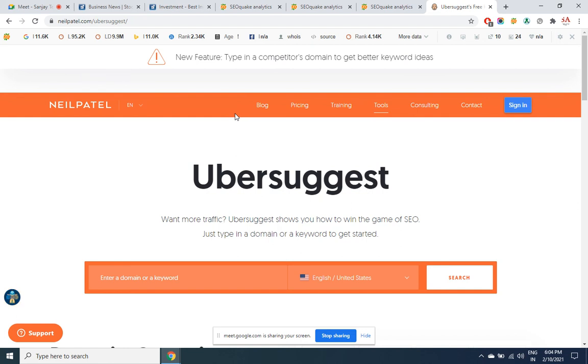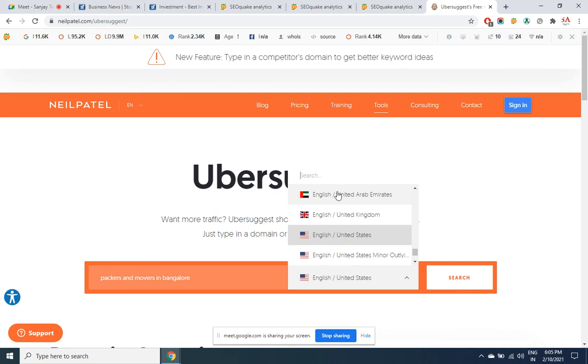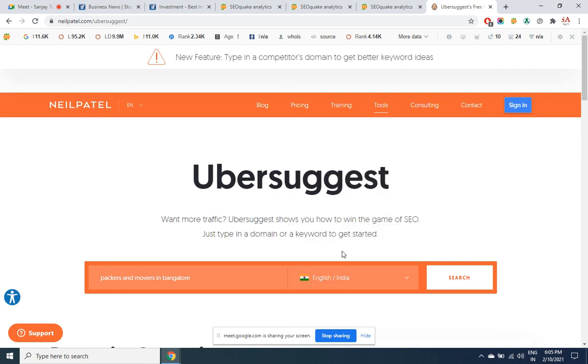Microscopic view. Let's say I want to check for a keyword: packers and movers in Bangalore. Bangalore also people search. I am searching for Bangalore. Type your country, India.